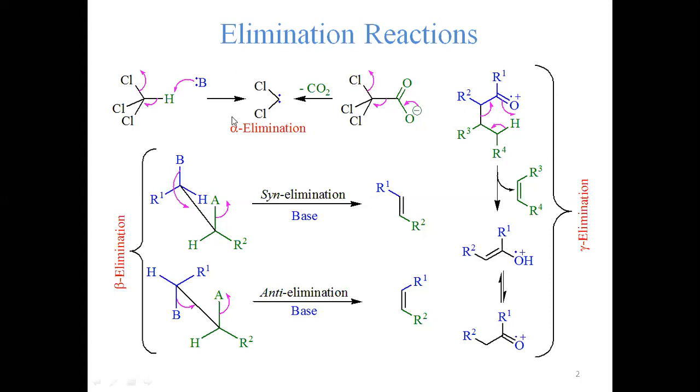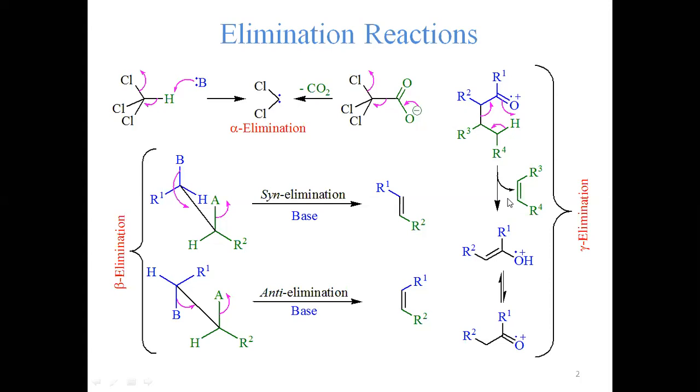We can study the alpha elimination. If two leaving groups are attached to the same carbon atom, it shall generate a carbene. If this atom is not carbon but nitrogen, it shall result in an electron deficient nitrogen, which we commonly call a nitrene. So carbenes, nitrenes, and many other electron deficient entities can be generated by alpha elimination.